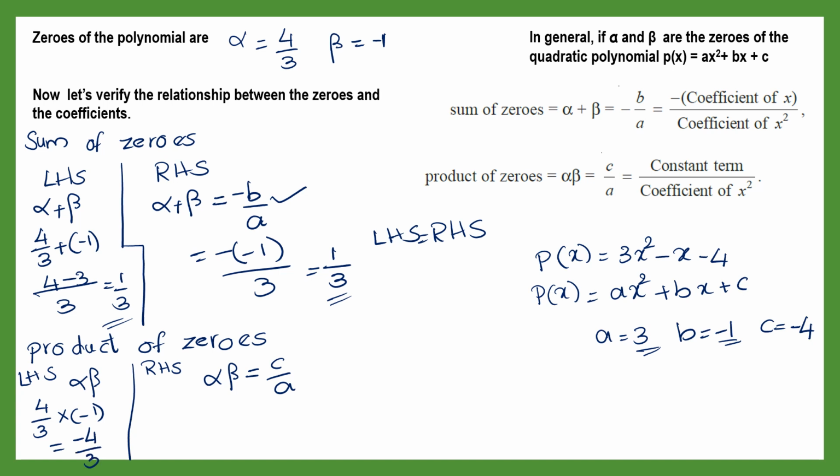RHS. Using the coefficients of the polynomial, what can you tell? Alpha into beta is c by a, that is constant term by coefficient of x square. C is what? Minus 4. Minus 4 by a, which is 3. So LHS you got minus 4 by 3, RHS you got minus 4 by 3. So LHS is equal to RHS. So we are able to verify the product of zeros also. Hence the relationship between the zeros and the coefficients of the polynomial is